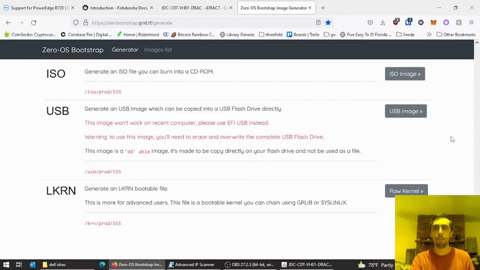Some notes on the booting medium. If you write to a flash drive, I had some trouble with that. Sometimes I'd have to wait 15 minutes for the server to recognize it. However, I'm going to cut right here to a